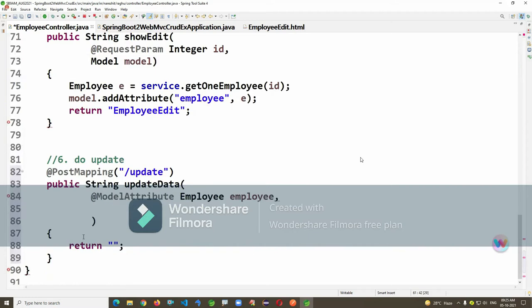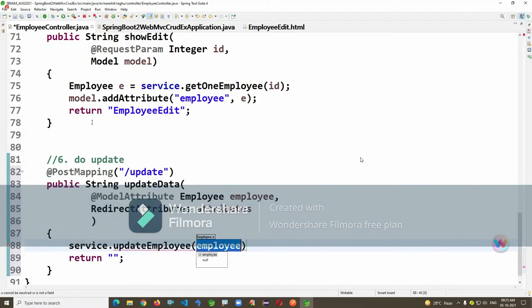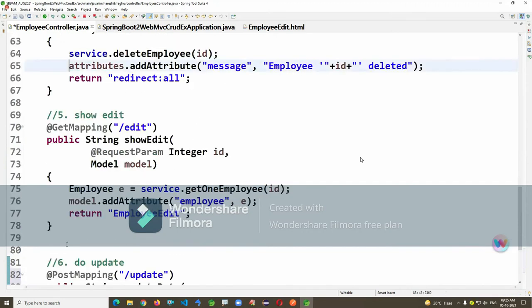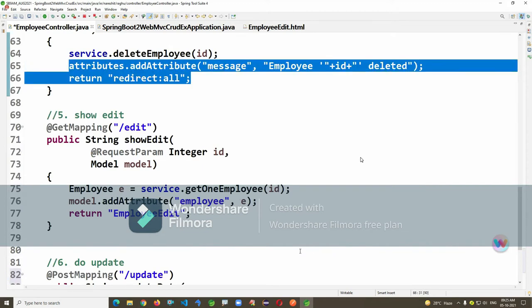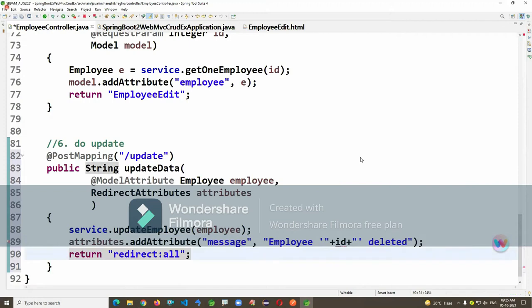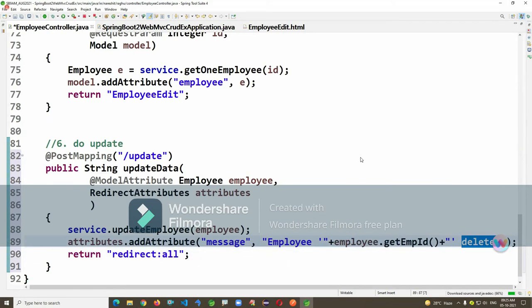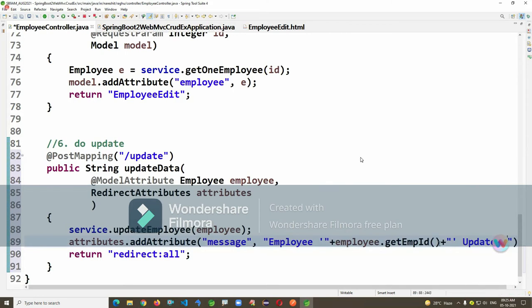I'm writing here service.updateEmployee. I'm taking some RedirectAttributes, redirect to all, message: employee updated. Like this I'm writing here.